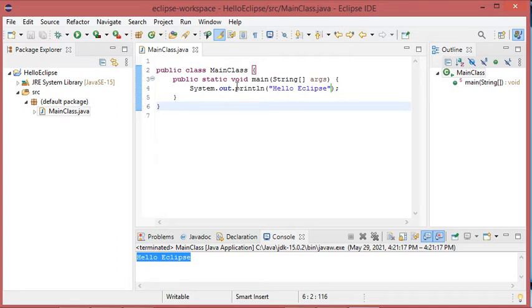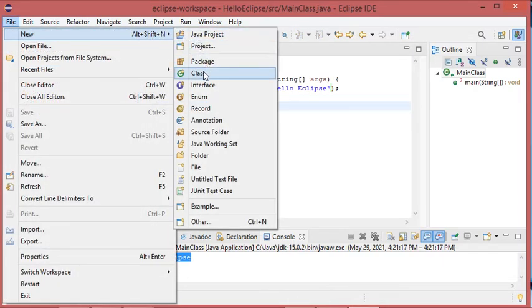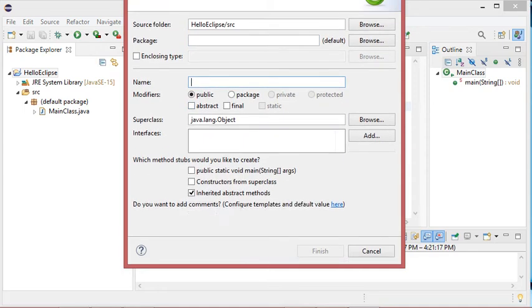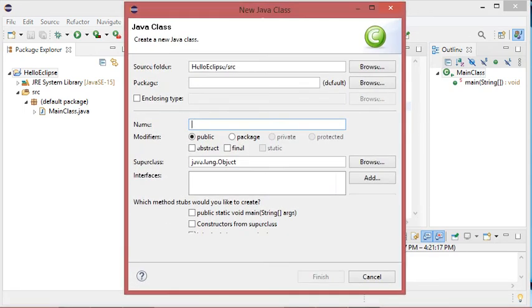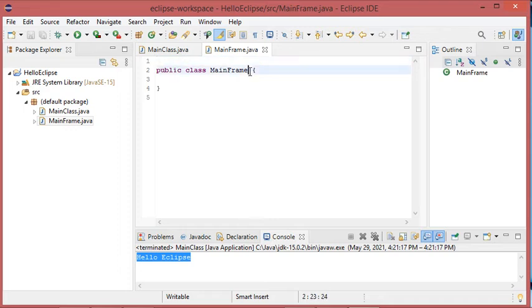Now let's create another class which allows us to create a frame. So I will select the project, then file, and then I will create a new class. Let's call it main class, or let's call it main frame. Now let's click on finish. So this class allows me to create a frame. So I will add extends JFrame,